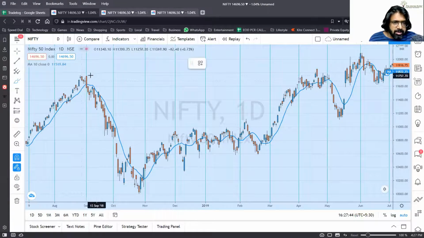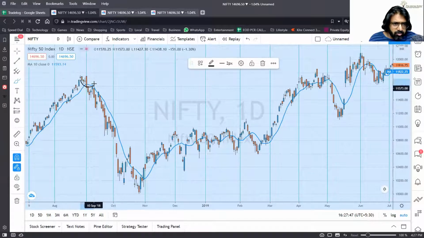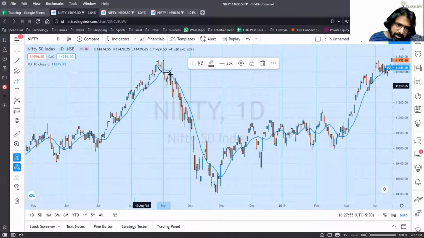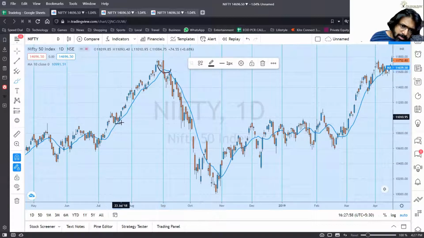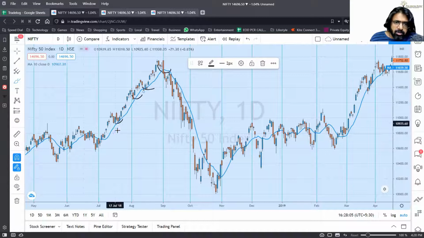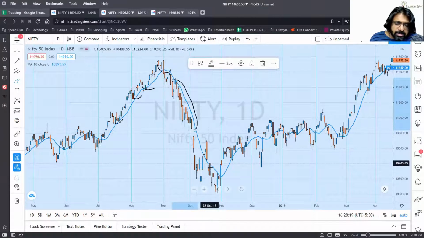So for example, see out here, the price has crossed below this moving average. And then it has gone into a new trend. So out here, for this entire rise, the price took support from the moving average. Can you see this? Every time the price came near the moving average, it took support. Then after this trend got over, the price crossed below the moving average and fell down, and all along this way it has taken resistance from the moving average, right?